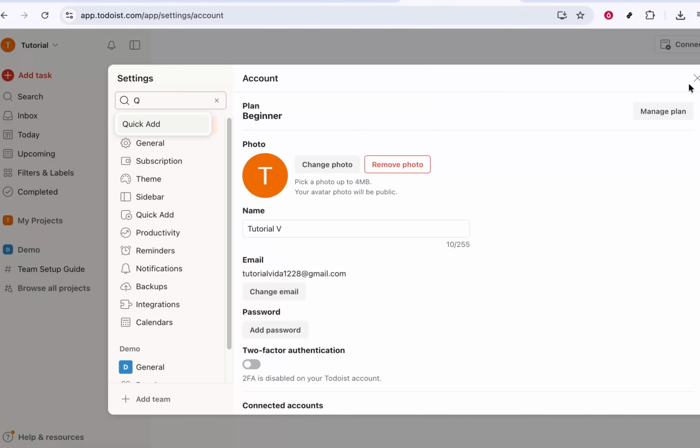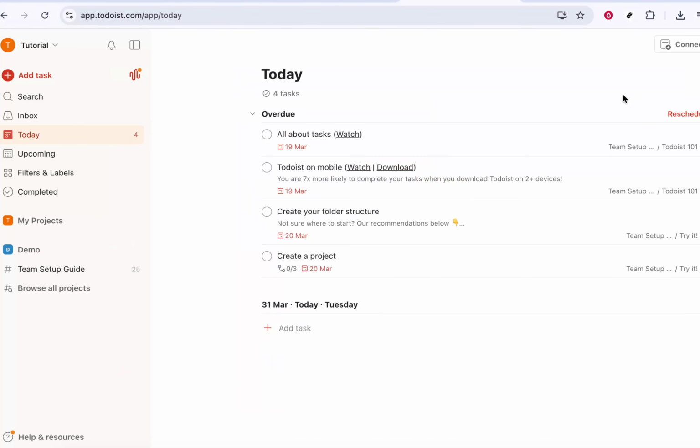In today's video, I'm going to teach you how to change the theme in Todoist. Changing the theme is a simple way to make your workspace feel more personal and comfortable to use. Maybe you prefer a darker look to reduce eye strain, or a brighter theme to keep things energetic and clear. Whatever your preference, Todoist gives you a few easy options, and I'll walk you through exactly where to find them